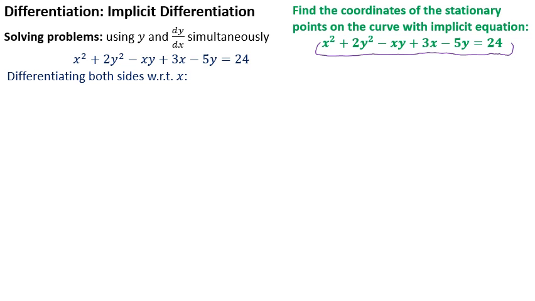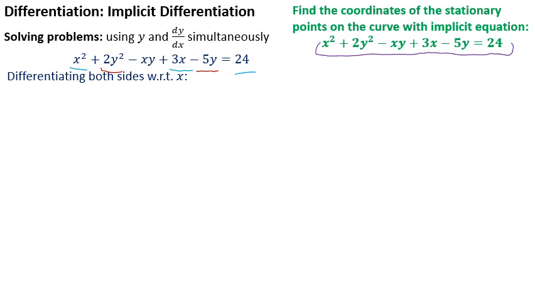So we do the same thing we've done before. Each term that is just a function of x doesn't need any special treatment. So if you see x squared or 3x or even a number like 24, they're going to be nice and straightforward. They do what they've always done. They differentiate with respect to x. You get 2x, you get 3, you get 0. The bits involving y, we need to be a little more cautious of. So if we've got a minus 5y, we're going to get minus 5 dy by dx. We've got 2y squared, we're going to end up with 4y dy by dx. And the one you want to be most careful of